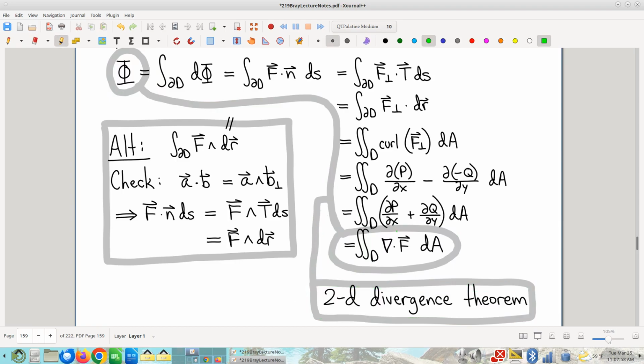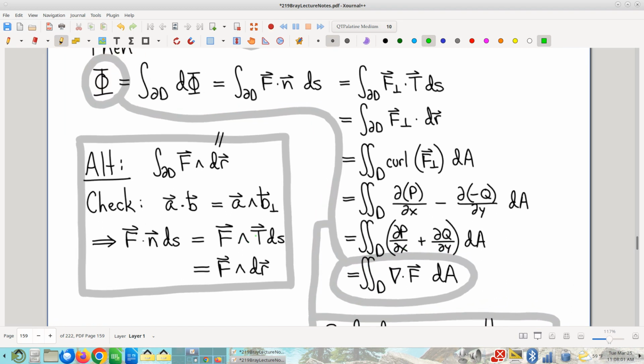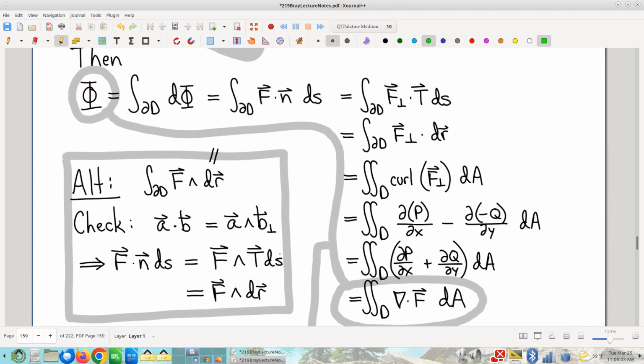Example incoming. But before we do that, I want to talk about this notational little sidebar over here, this little alternative thing. Turns out you can rewrite that like this. Now again, if you like the wedge, I have to acknowledge that wedge makes for a more compact notation there, doesn't it? Now I think it's less common. I've seen this quite a bit less than I've seen the dot product notation. But you are going to see that wedge notation.